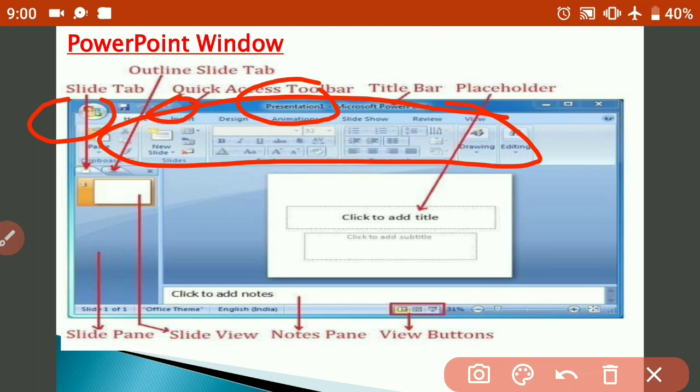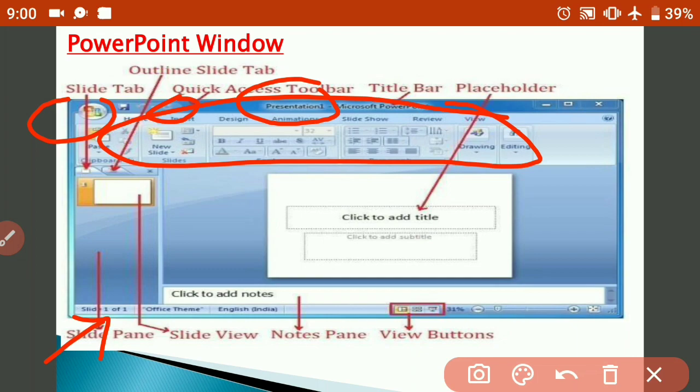Where is the status bar in this picture? Can you tell me? Yes, the status bar consists of a message area. This message area displays the current slide number and the total number of slides in the slideshow. You can see in the picture, where is the status bar? Yes, at the bottom of your presentation.